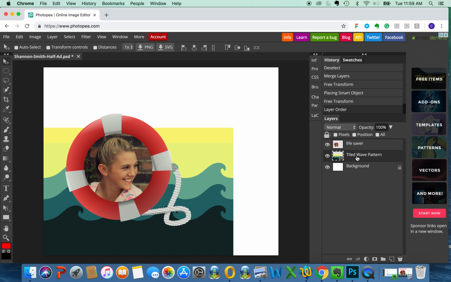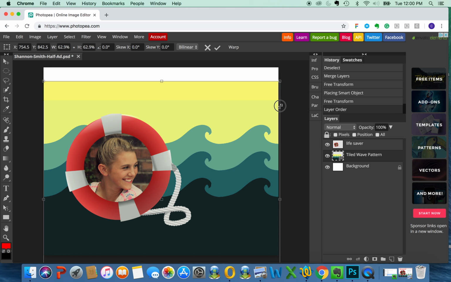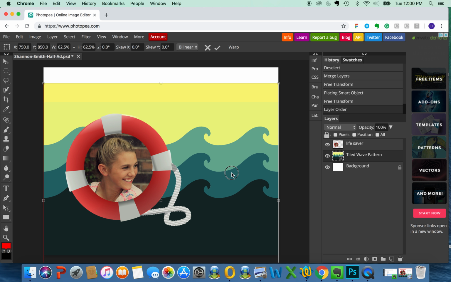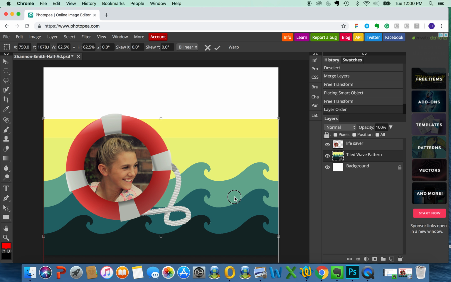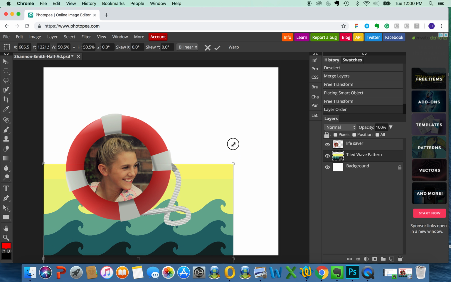And while I could just drag this out to be the full width of the page, and that's okay, I personally just want more waves, and I don't want them to get too tall. I don't want a bunch of tall waves. I want smaller, more waves around the bottom. So what I'm going to do is shrink this down a bit,